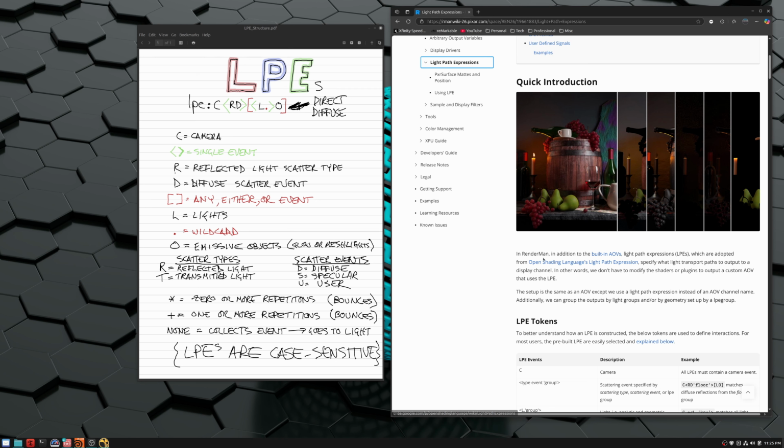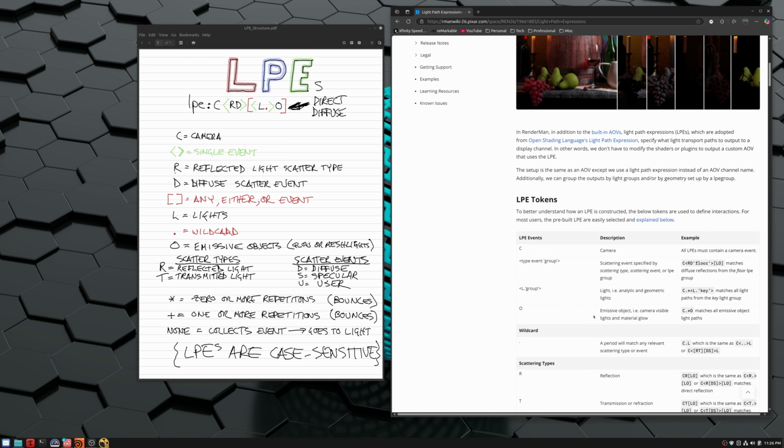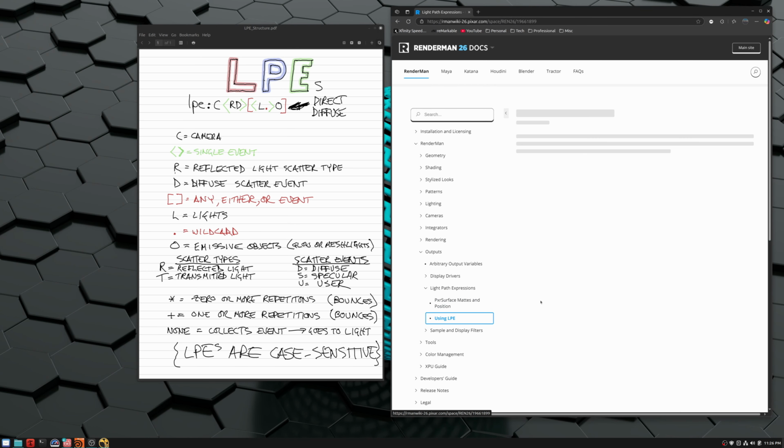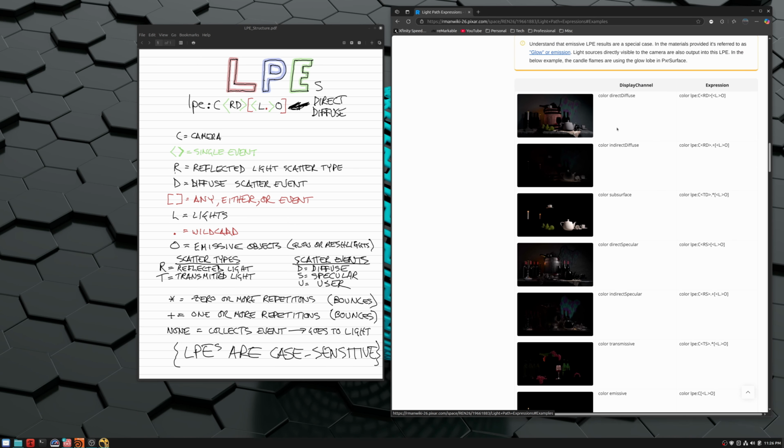I say this because it can get incredibly granular on what kind of things you can record with an LPE. They can get really defined. So it's strongly suggested that you go and read up on this on RenderMan's website. 99% of the LPEs that you're ever going to use are already built into RenderMan, and I'll point them out right here. So here are some of the basic lighting AOVs that you would run into: indirect, direct, diffuse, specular,